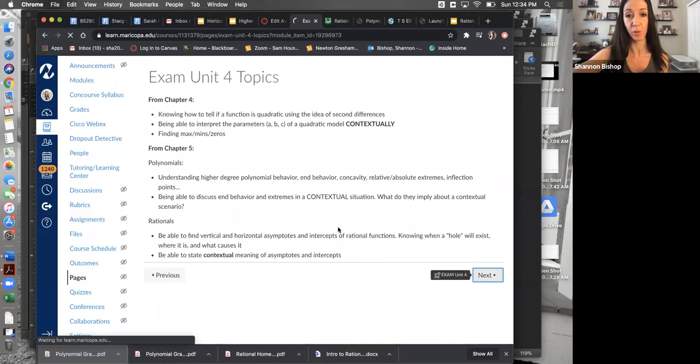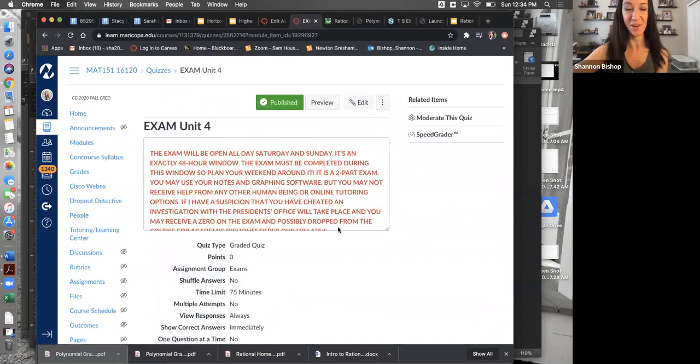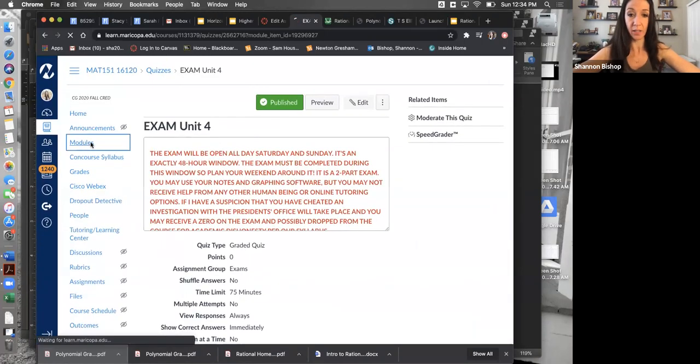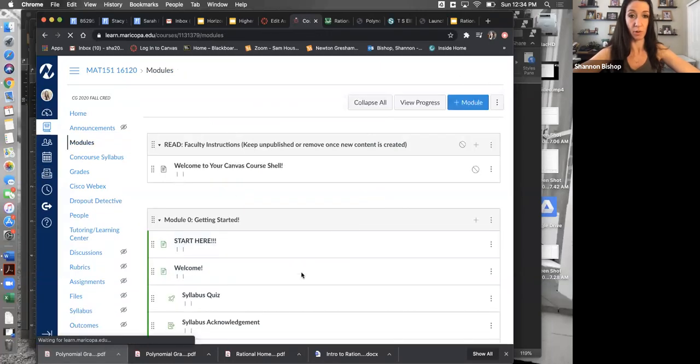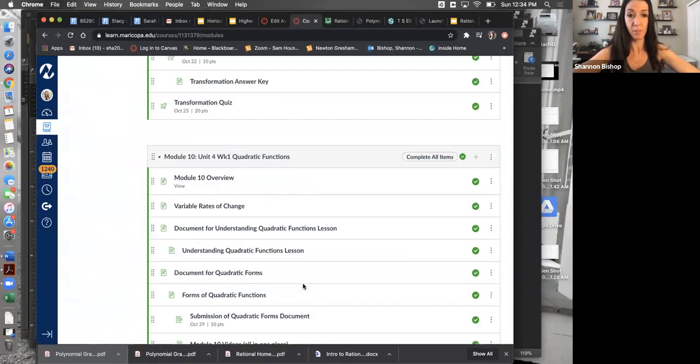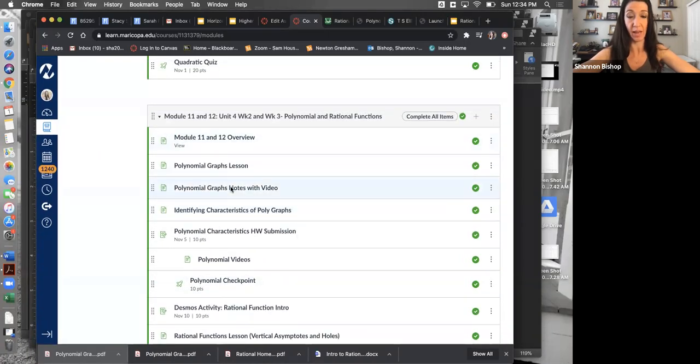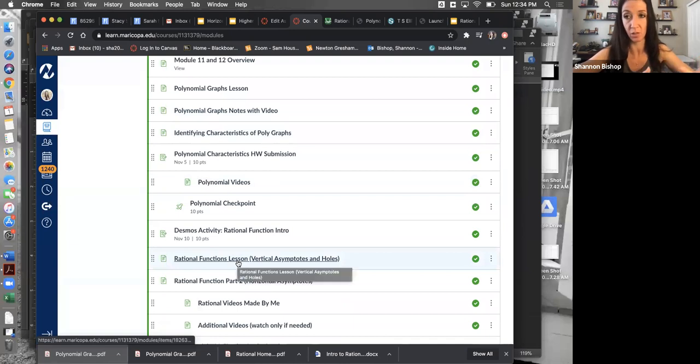And then the test, which is not written yet, but it will be, is going to be due on the 15th. So it'll be open all day Saturday and all day Sunday. Okay, back to the big picture. Let me go back to our modules here. Again, this is two weeks' worth. I realize it looks like an insane amount, but I just talked you through it. Only three submissions, three different homeworks, two submissions, one homework,